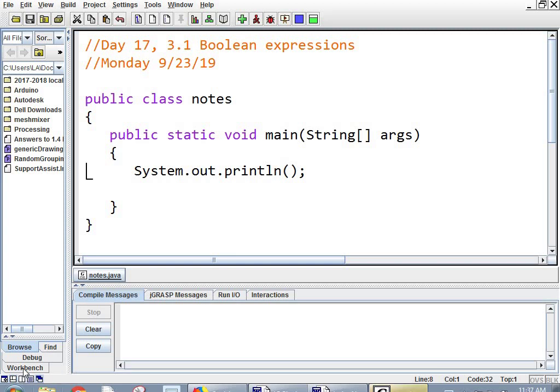All right, here we go. We're starting Unit 3, which is all about Boolean expressions and if statements. I don't know, I've never been more excited about material than I am today. Okay, that's not really true. But let's peek at